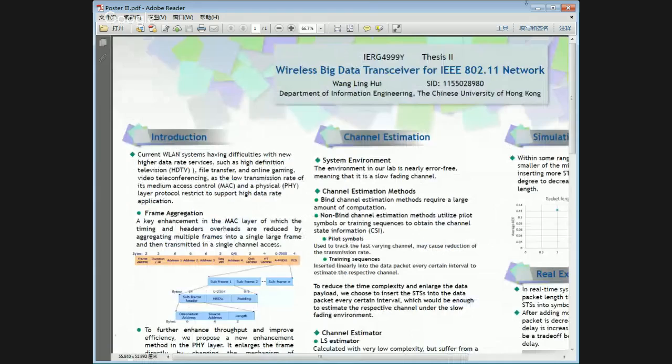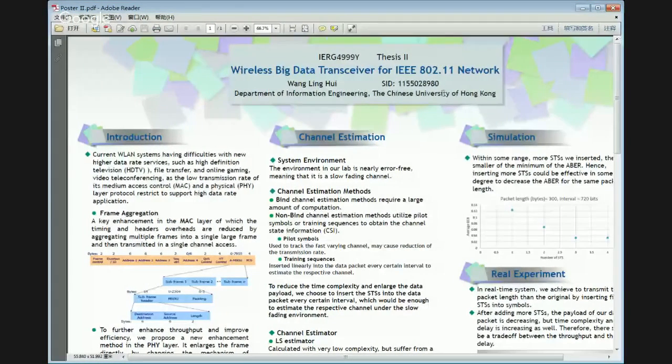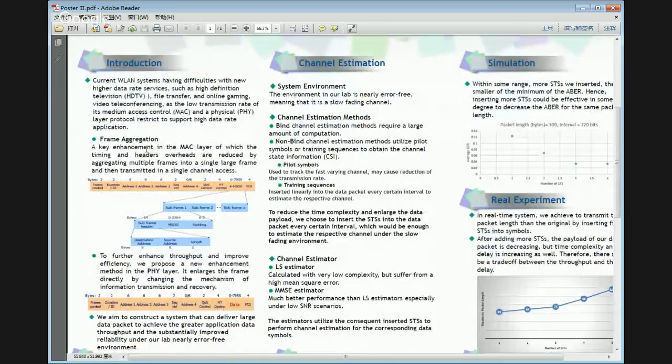Our project is a wireless big data transceiver for IEEE 802.11 network. First of all, it's about our introduction. As we know, at the low transmission rate, the media access control and the physical layer restrict support for high data rate applications. So current WLAN systems have difficulties with new higher data rate services, such as high definition video, file transfer, and online